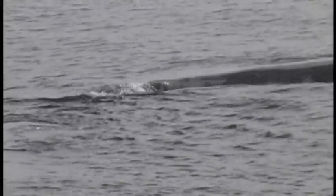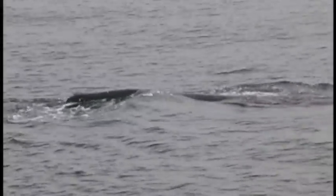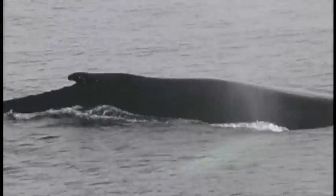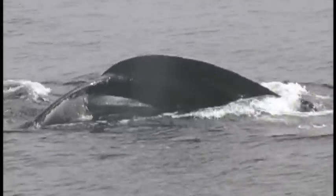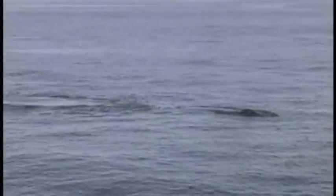11 o'clock. See how floppy her dorsal is? When she came and dove towards us, I could see it. 11 o'clock, Freckles. Flippers are out, get ready for a fluke. Now, one of the great...